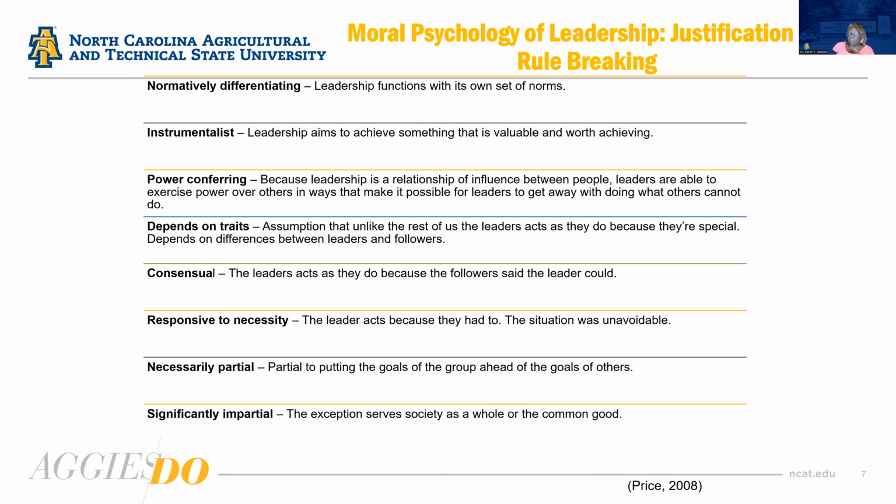So it's not just about the group within the organization or a small group in the community, but it serves a higher purpose. Now, it's not to say that these are the only justifications, but these are some well-researched and common justifications for breaking rules,